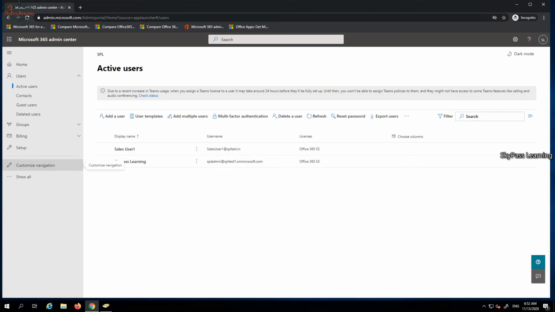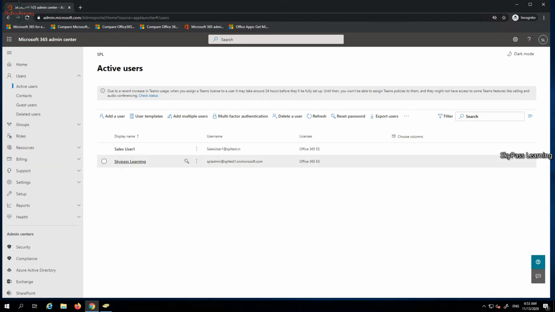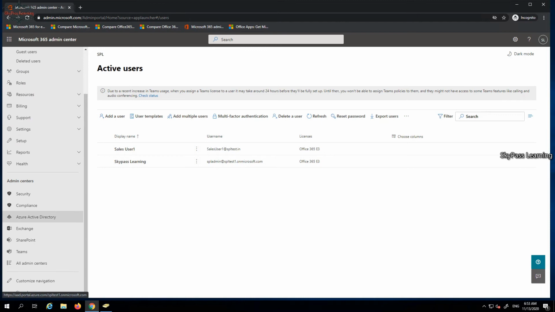You can see only the 2 user accounts that are available at this moment. So I'm just going to show how we can synchronize it.